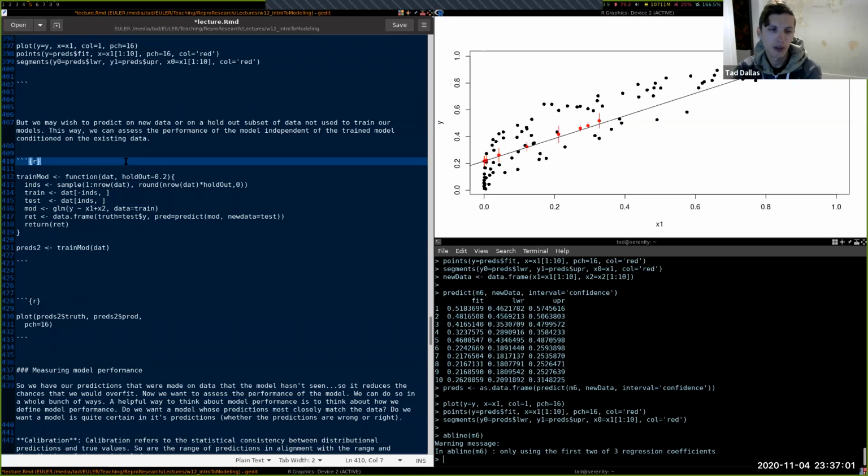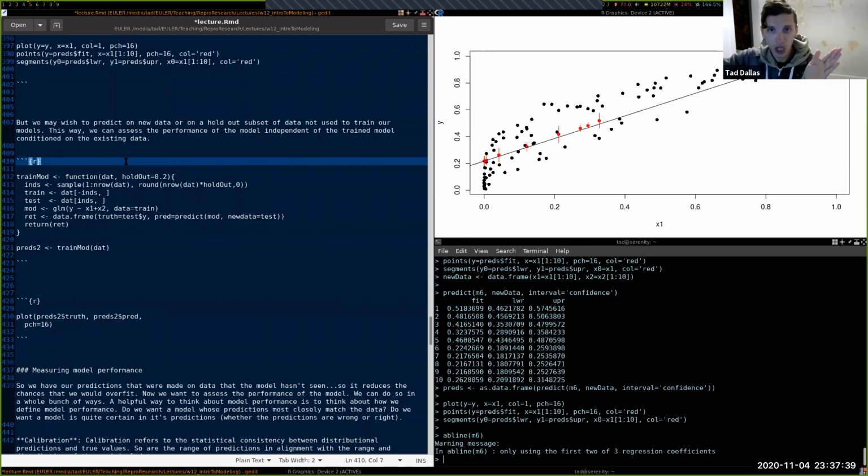Lastly, we may want to measure our predictive accuracy. When we make predictions, we want to be able to say, are these predictions garbage? Are they good? How we do that is we either gather new data, so we have our data and we train a model on it, and then we go out and observe new data and ask how does our model that's built on these data do on these new data? Does it do okay? Does it do really poorly? Who knows? Or we can accept the data for what they are,